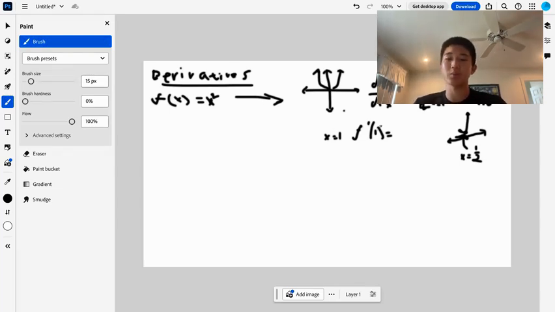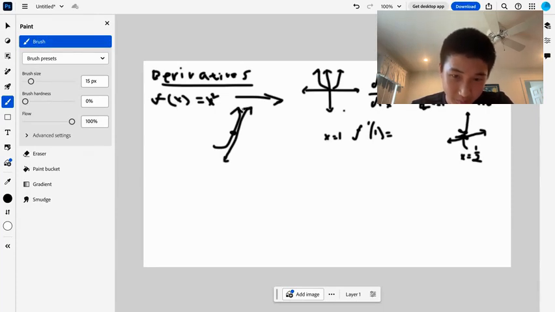So if you want to find the slope, f prime of 1, that's just the slope of the tangent line, which is basically the line that intersects with the curve at exactly one point, the point at which x equals 1 on the curve. And how do we actually find this value? So let me just draw this again. Say x equals 1 right about here. Okay, so how do we find this tangent line, and how do we find the slope of that line? Well,